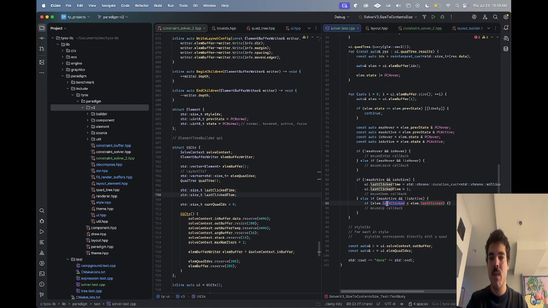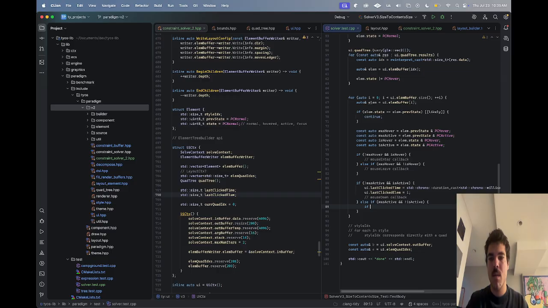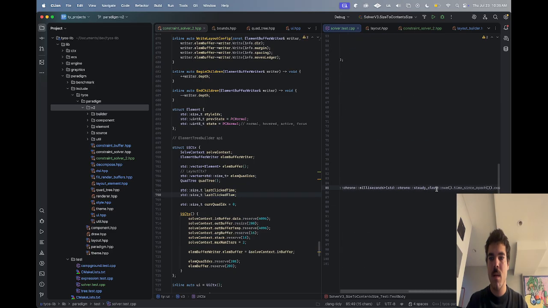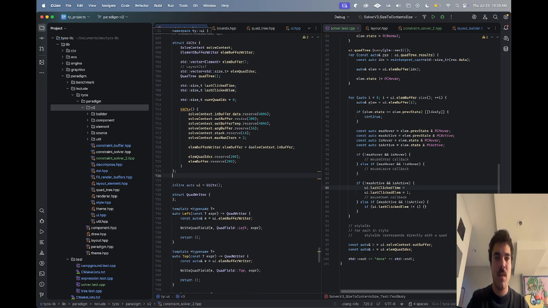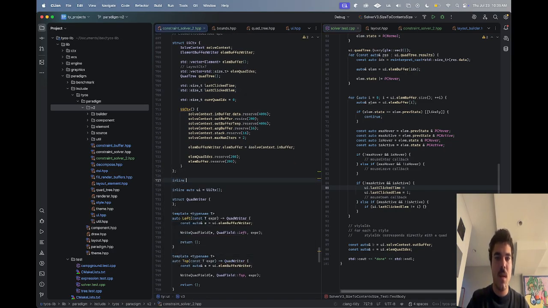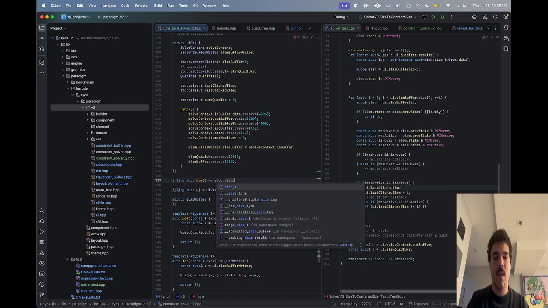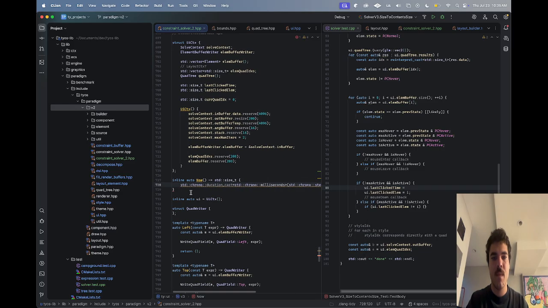We say if last clicked lm, if UI dot last clicked lm, and I'm gonna make a separate function for this. I'm gonna do like inline auto now std size t return